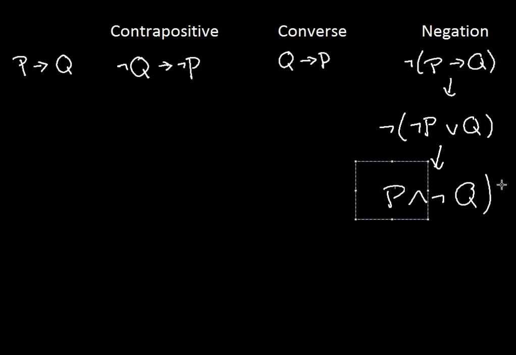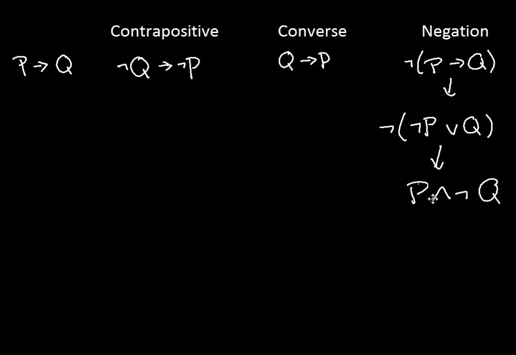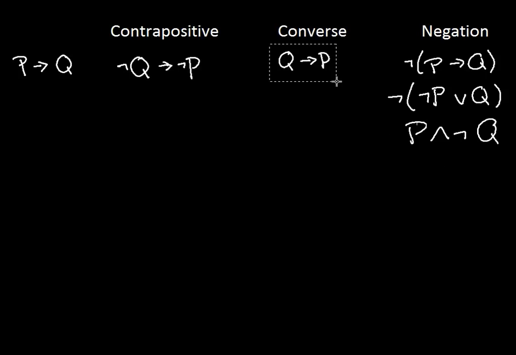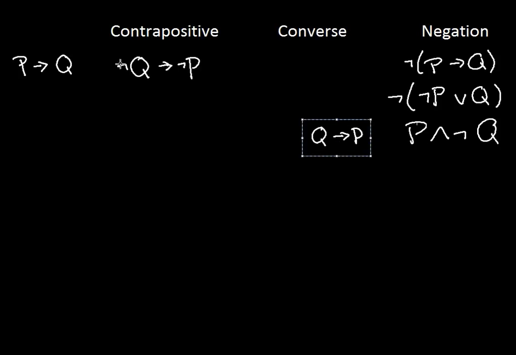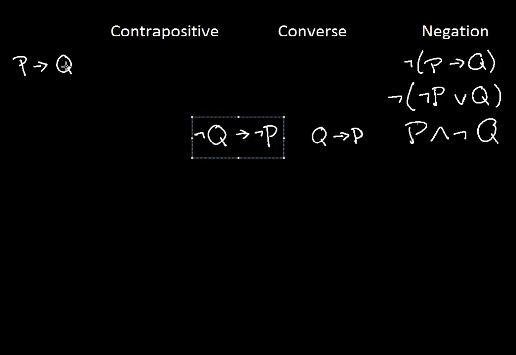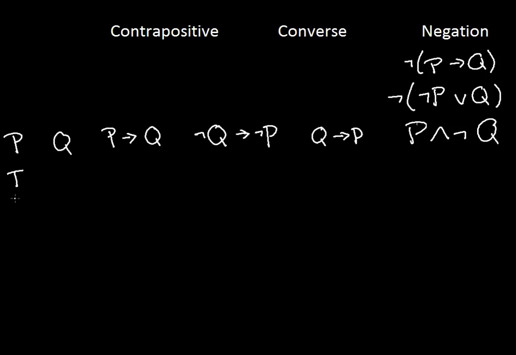But anyways, we'll focus on our task at hand. What we're going to do is compare the truth tables of these statements to see what they are in comparison to the original statement. So P and Q, we have P is true, true, false, false. Q is true, false, true, false. P implies Q is only false when